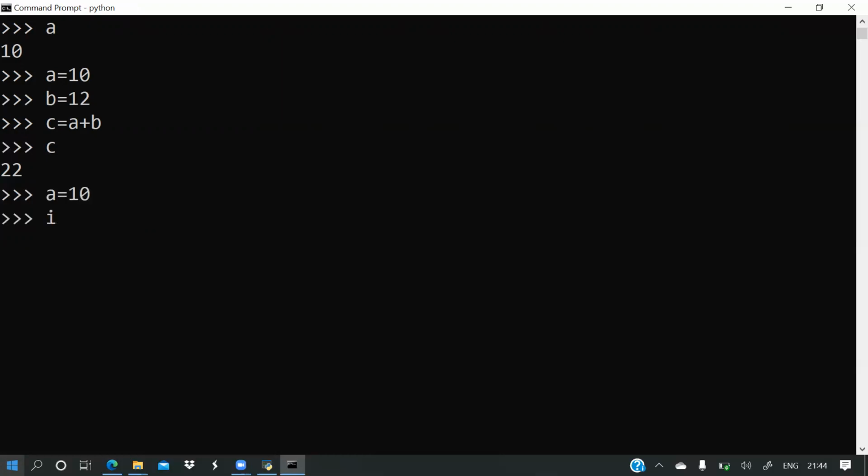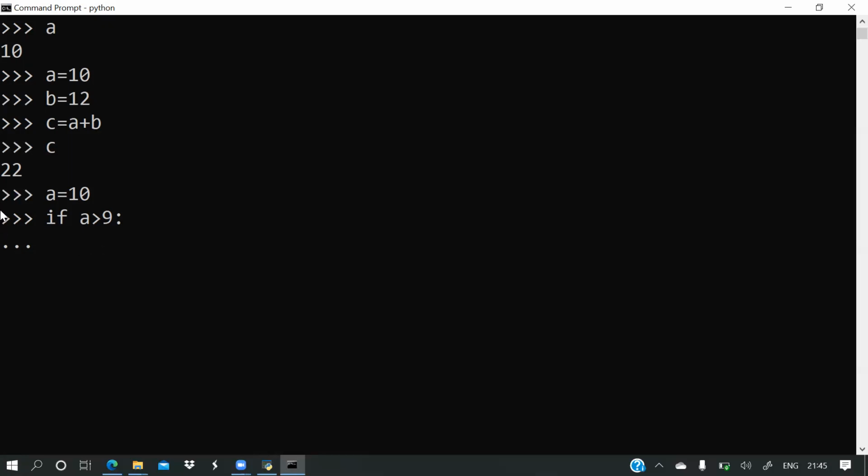Now I am writing if a is greater than 9. Now can you see these three dots? These three dots are called the secondary prompt. Got it? Now you have to understand this structure of Python programs.